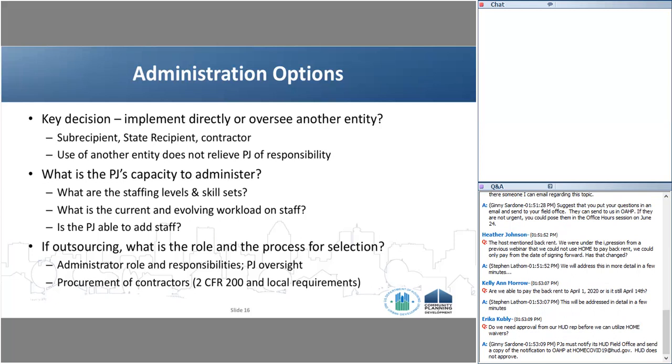While some PJs directly administer TBRA programs or have the capacity to administer TBRA, it's also common for PJs without direct TBRA administrative experience and capacity to utilize housing authorities or nonprofits that have experience with tenant-based rental assistance. So you could retain a housing authority, a nonprofit, or some other local entity to administer the TBRA program on your behalf as a subrecipient or contractor. And so the questions you want to ask are: are there local entities that have experience with rental assistance and working with landlords,